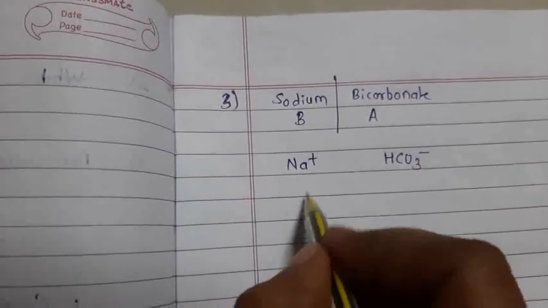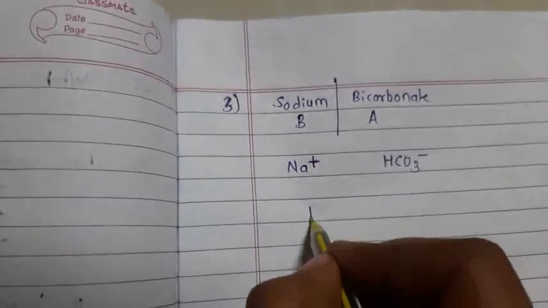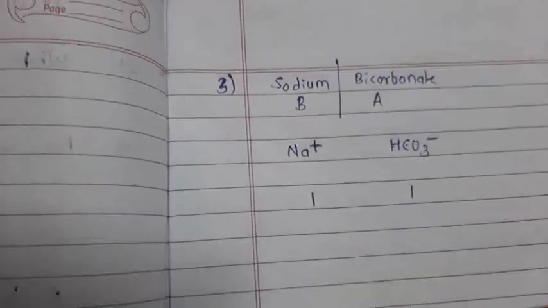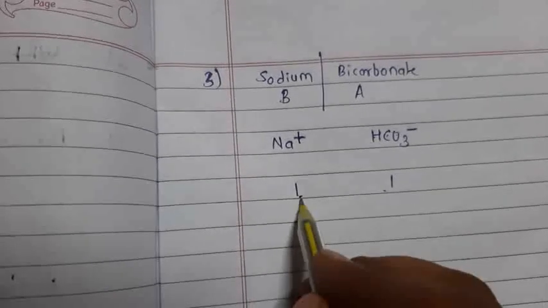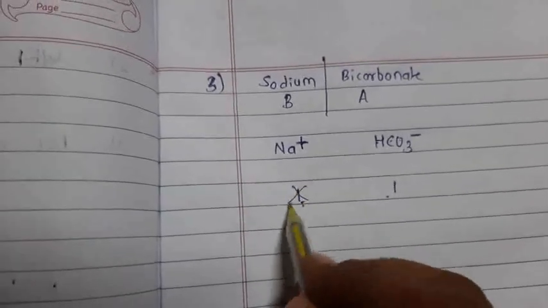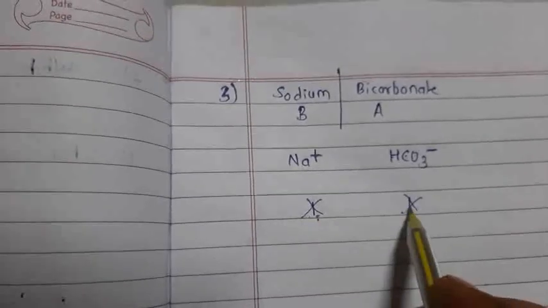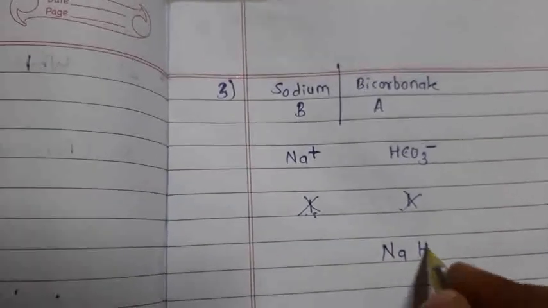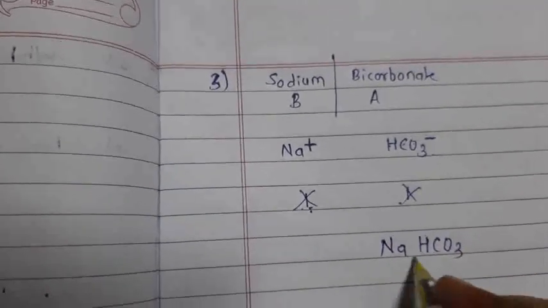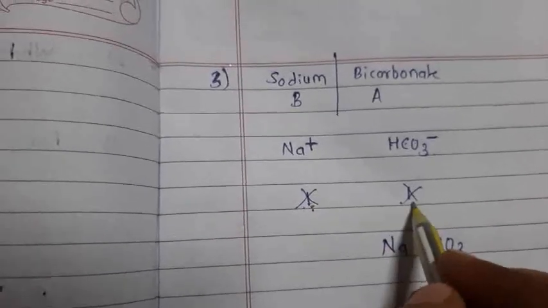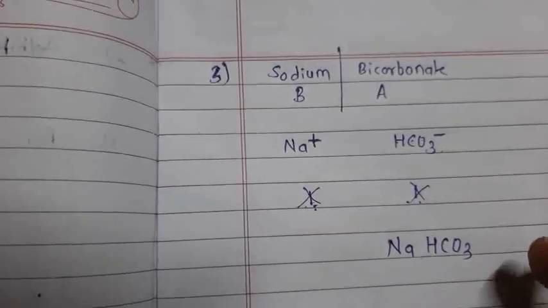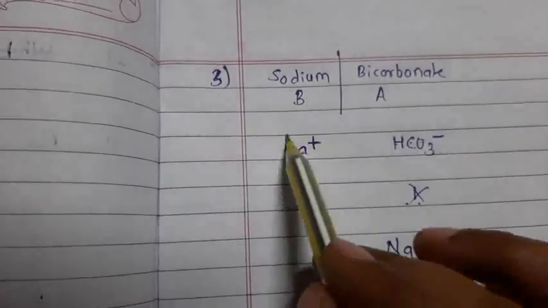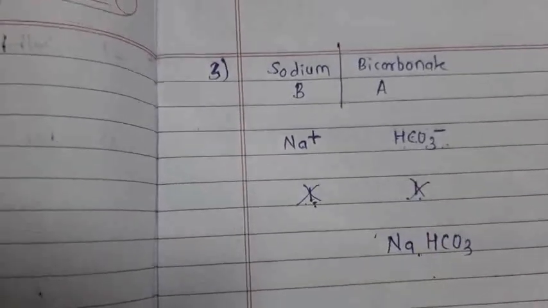Second step will be write their valencies. Na valency 1 plus sign, so 1. HCO3, this whole group is having only one sign, so valency is 1. Now if the number of valency is same, then we can drop the number and just directly we can write the molecular formula as it is, NaHCO3. This we can do when valency is same. There is no need to cross multiply. Directly whatever the radicals we have taken from table, write without any symbol, that is NaHCO3.